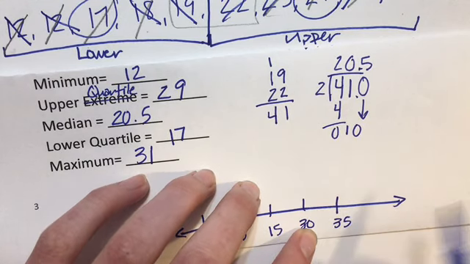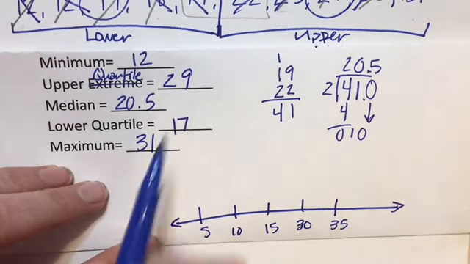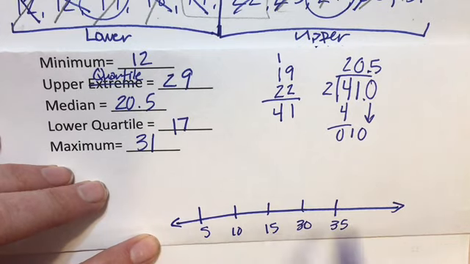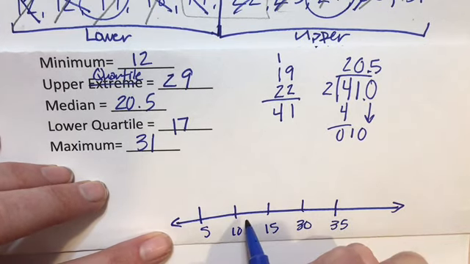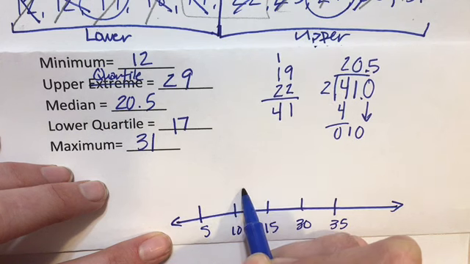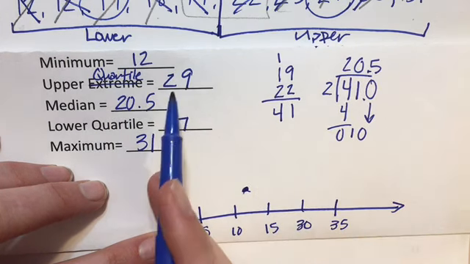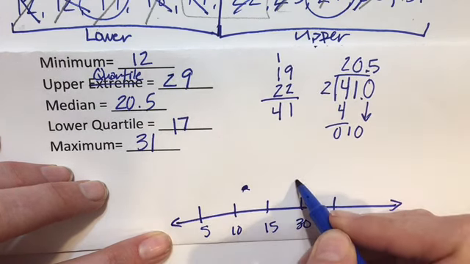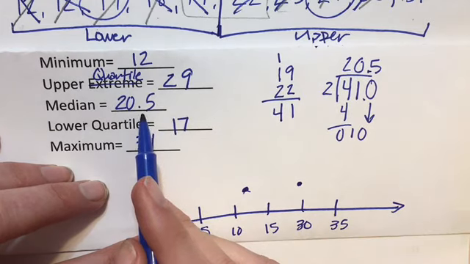35. Okay, so first I'm going to plot these 5 above it, and again, we're not putting it on the number line, so our minimum is 12. So a little past 10, we'll put 12. Then we have 29, so nearly to 30. Then our median is 20